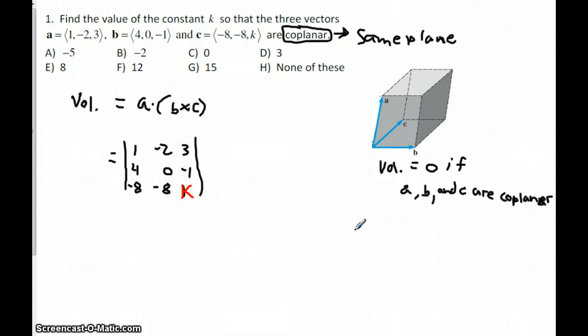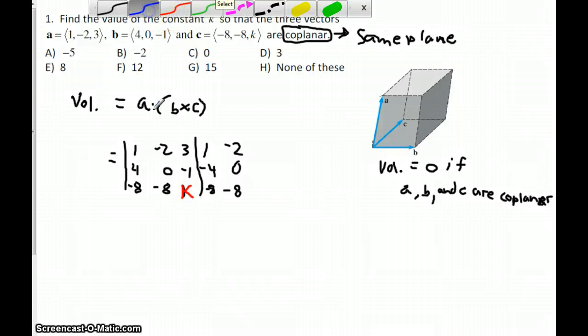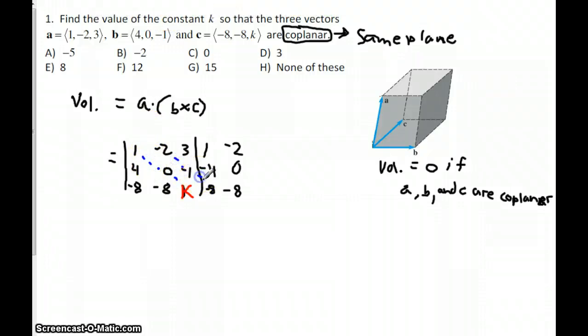We can use cofactor expansion on the first row, or actually any row or any column. We have another way, a shortcut, where we copy down the first column, copy down the second column, and do it kind of like we do a 2x2 by calculating products along diagonals. And so there's the forward-facing diagonals. We multiply along these diagonals, take those products, and get 0